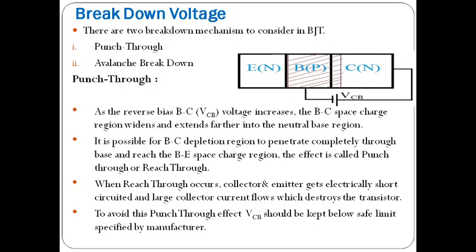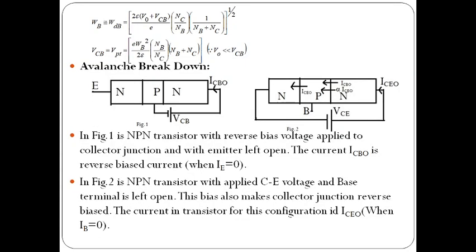So when you are reaching the punch through effect, a large current will flow into the collector region. The power dissipation at the collector junction is then high, and that causes damage to the transistor. Clear? So we can write WB equals the width of the base region, and it is almost equal to the